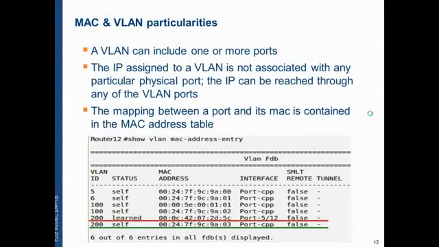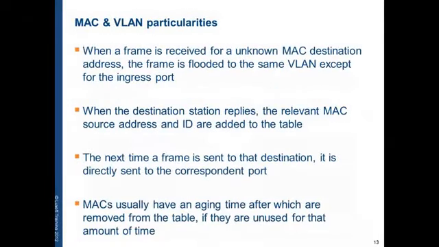Okay, so further on, there are a few rules that are used in switching the packets. This is called layer 2 switching, and the rules are as follows.